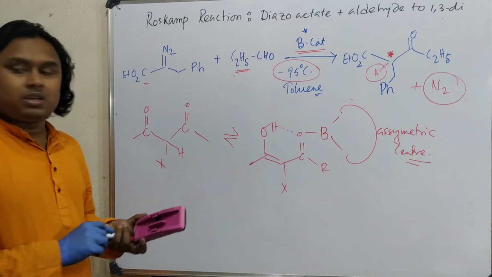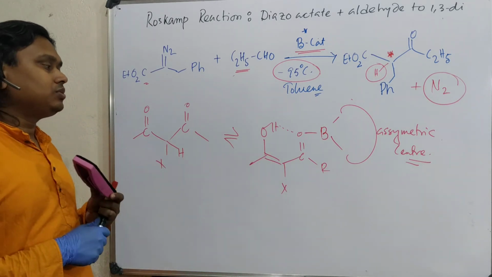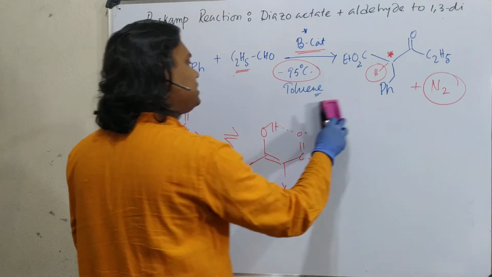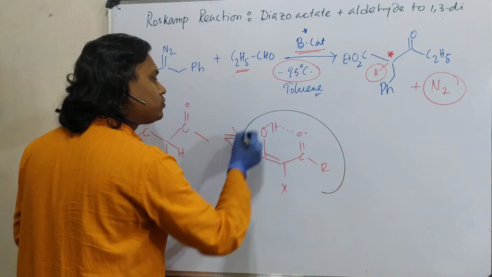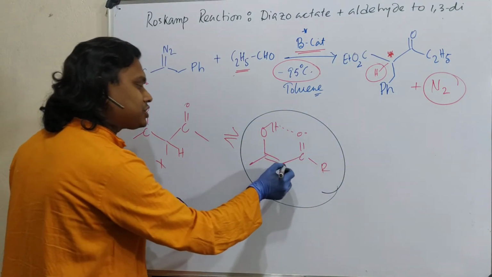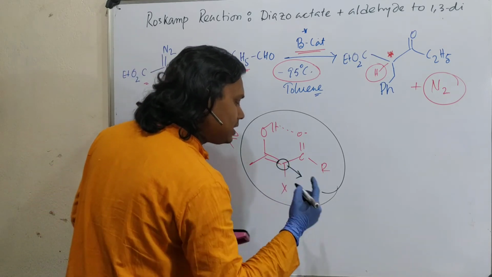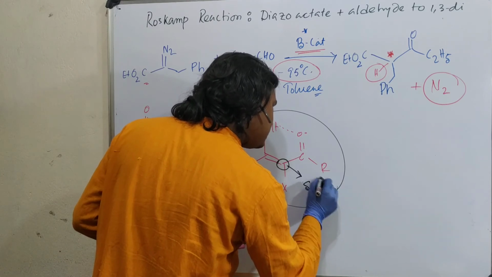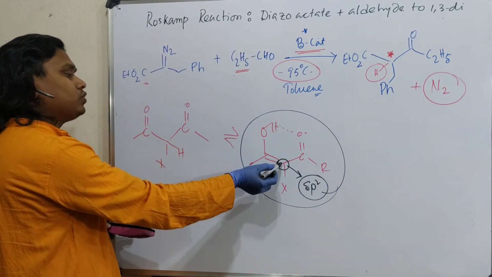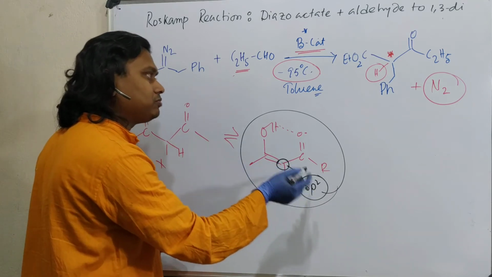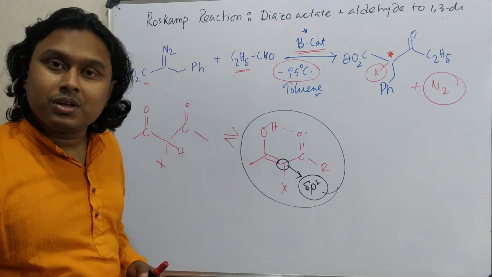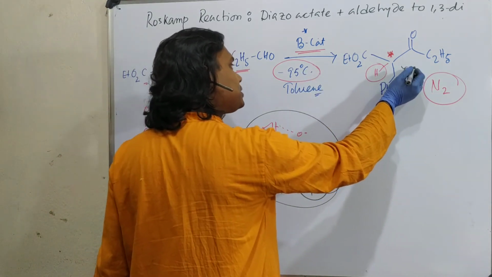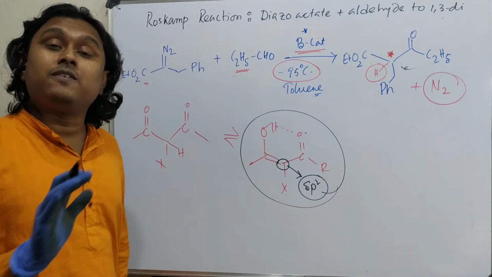See, if you increase the reaction temperature to a little high extent, the probability of this tautomerization will increase, and this center is actually sp2 hybridized. So after that, the proton has equal probability to be joined on either top or bottom. So you will get almost a racemic mixture, and that is the problem. So if you want enantioselectivity at this position, then this reaction is advantageous for you.